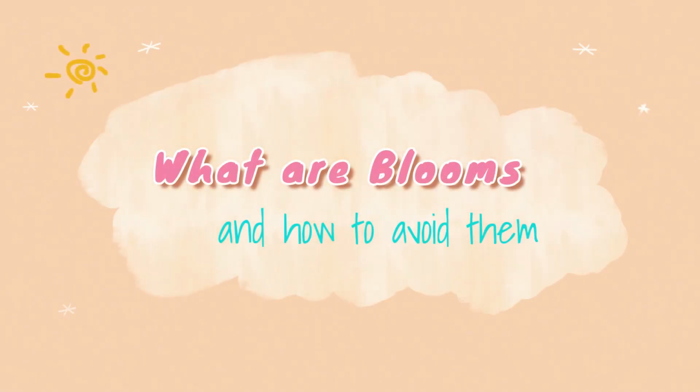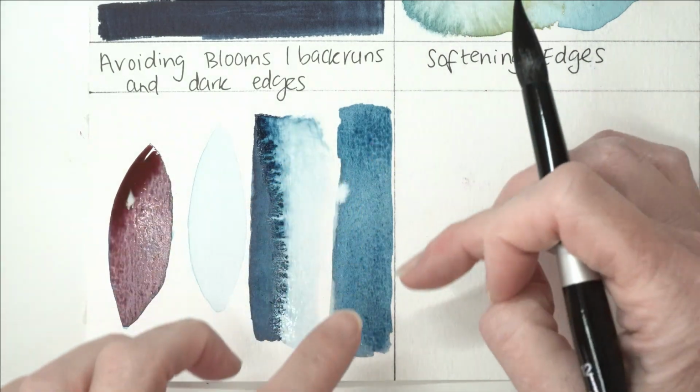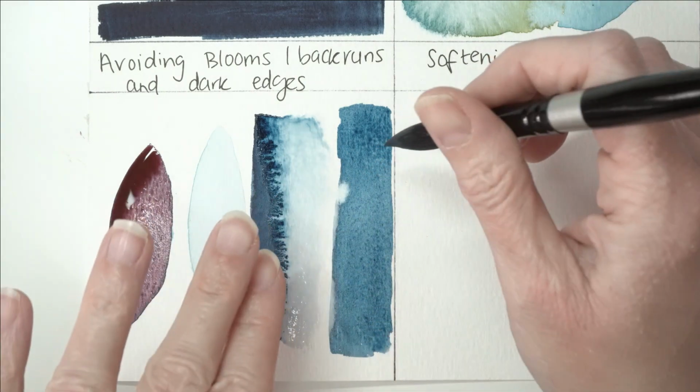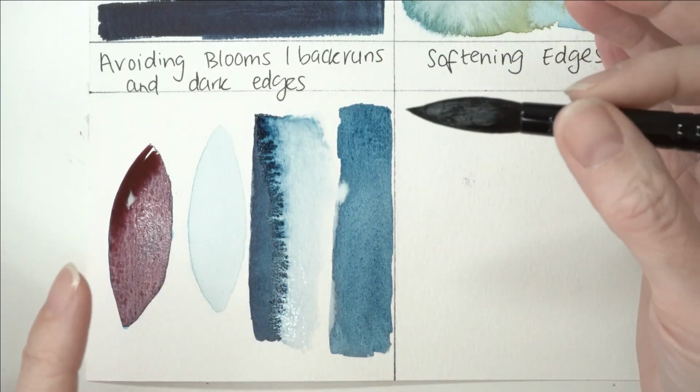I'll show you what I mean by blooms. I'm going to do the same thing with this. So I'm going to add some clean water into the already drying wash. Once the sheen has left the paper, I'll drop the water in, and that's the perfect time to form blooms. If you've followed me for a while, you know that I use blooms quite a lot to add texture